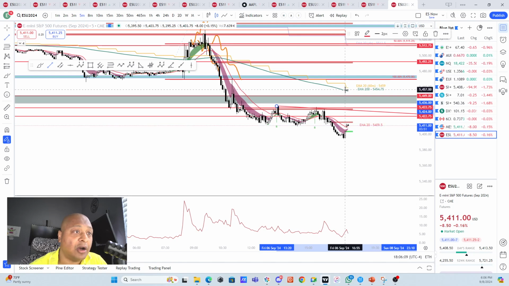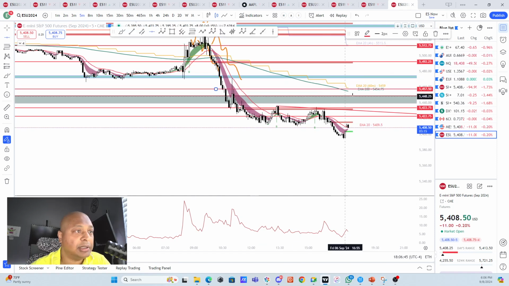If we are getting above this box, then we will come and hit this 200 EMA as well. Also, we have the 1 hour EMA right here. So if we see that the price is moving overnight in a sideways fashion for the whole night, then there is a chance it will come and hit this 1 hour EMA when we open up in the morning, right? Or that can happen even prior to that. This will also be a very good area of resistance at 5457. If you see, we got rejected from there multiple times.